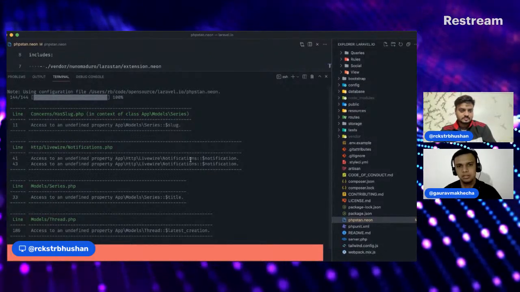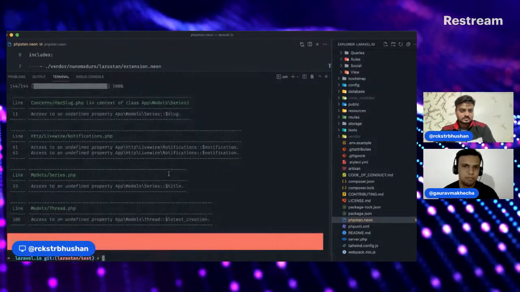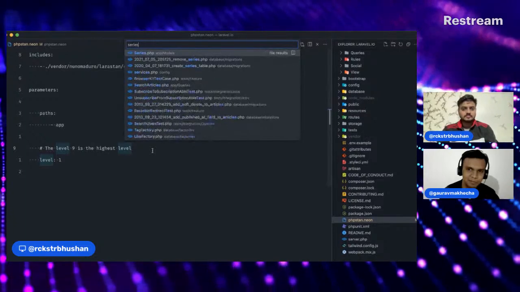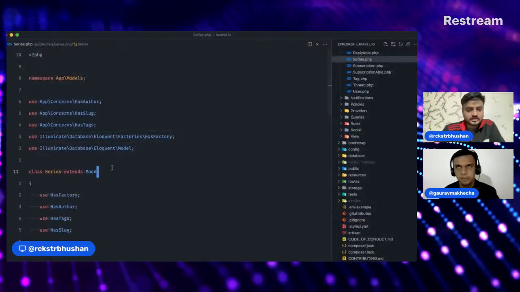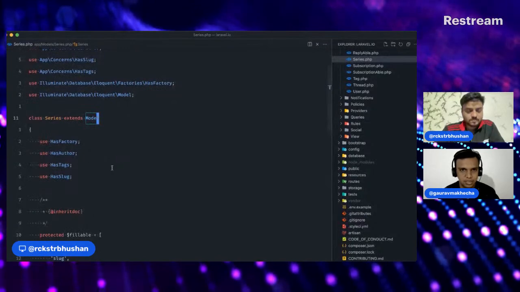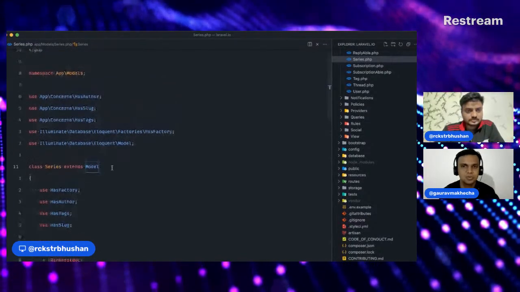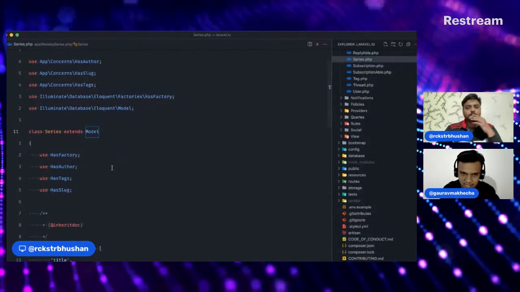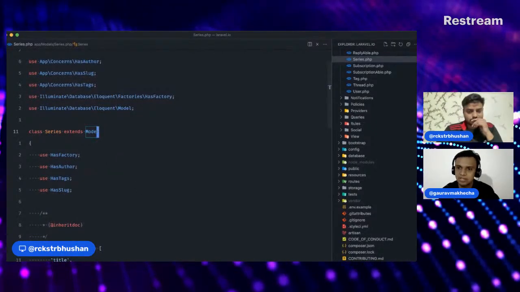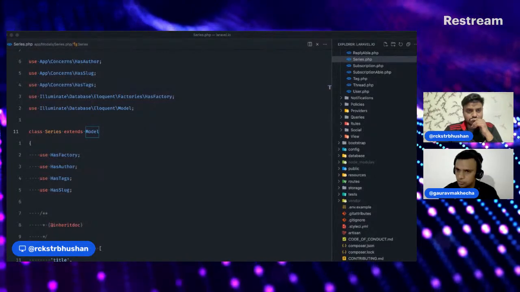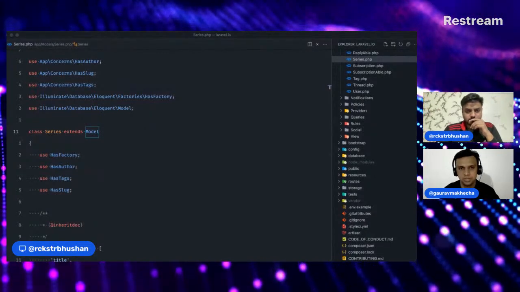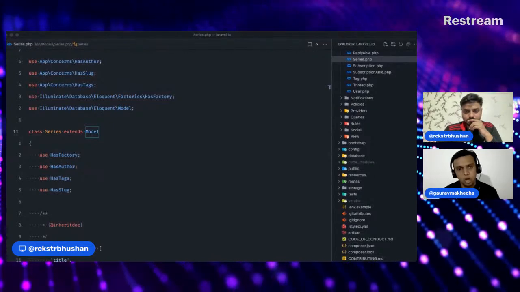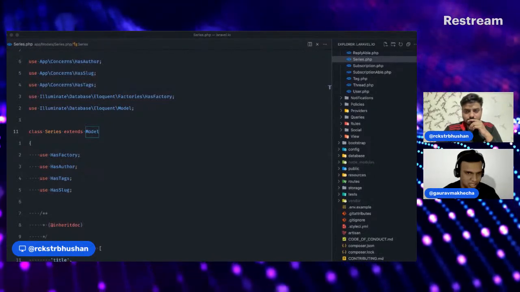So if you open the class models series class, it's a model. As we all know, we know the Laravel magic, so this is a model. Right. But see, for PHP, it's just a class. So if you talk about regular classes, what we do is we start the class, we specify which properties are there in this class, right? Then we have a constructor, then we set those properties, get those properties. That's what a normal PHP class looks like. But here we are extending a model, eloquent model, and then it does a lot of magic.